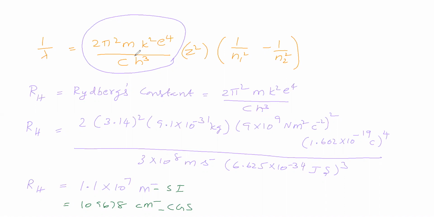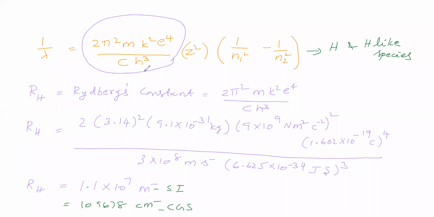So now let us rewrite this equation as 1 by lambda is equal to Rydberg's constant into z square into 1 by n1 square minus 1 by n2 square. You may be asking, is z also a constant? No. If a species is given, we can say the z value, because this is the formula for hydrogen and hydrogen like species, which have different atomic numbers, so we have to substitute the atomic number depending upon the species.